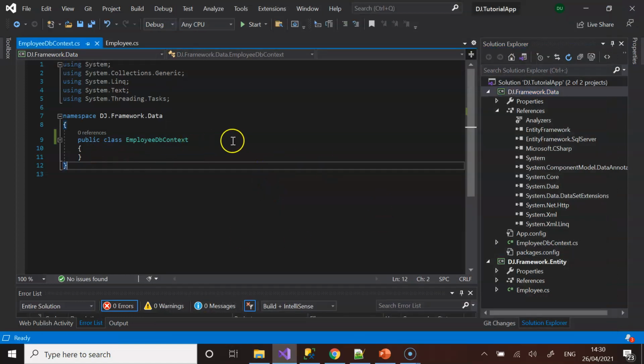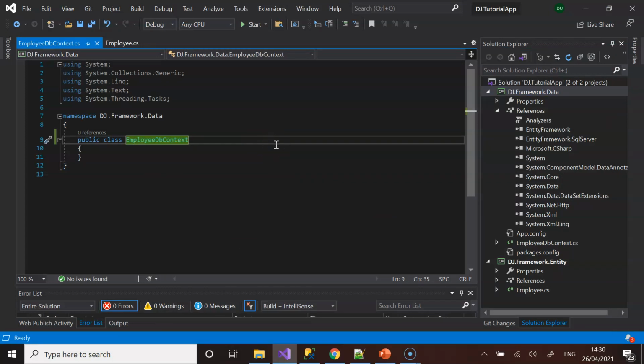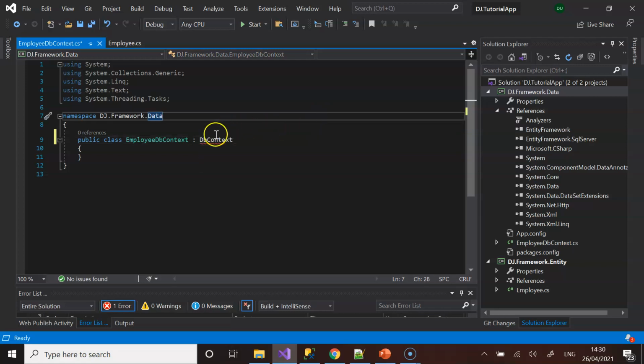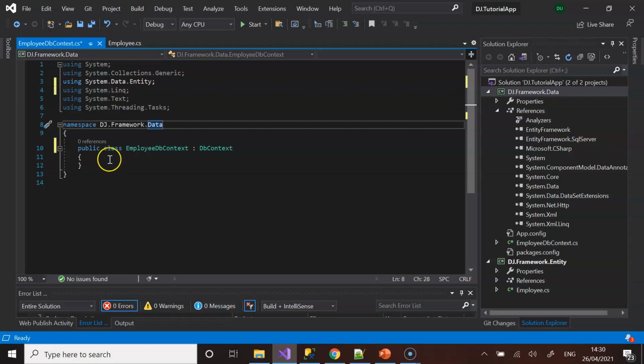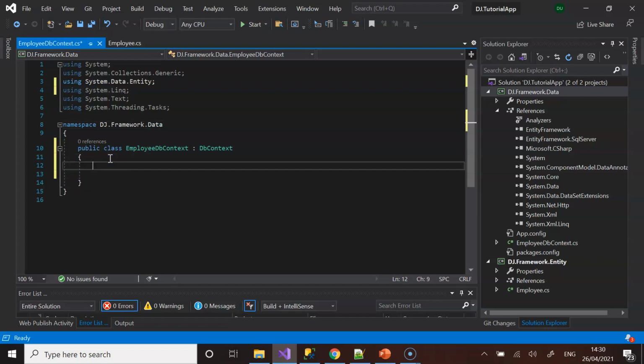So now, in order for us to use Entity Framework, we need to inherit from the DbContext, which is what I'm doing now. Don't forget to add the namespace System.Data.Entity. Right. Now, the next step is I should be able to use the DbSet, which is literally the main thing that maps to the database and its tables. So I will create a new DbSet,